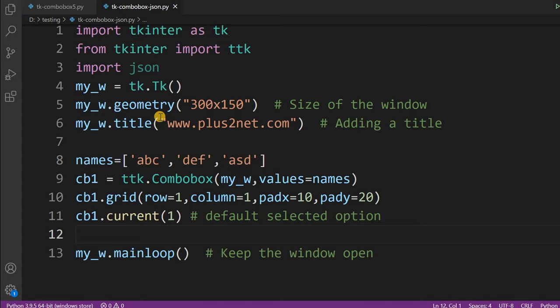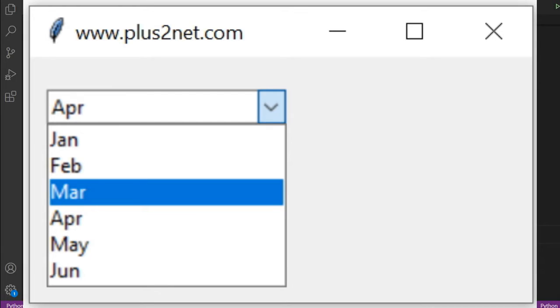Hi friends, in part 1 of this tutorial we have seen how we managed one combo box, where we displayed it, added options, changed the values, then added the option, all those things. Now we'll see how from a JSON string we'll take the data and populate it as options. Similarly, then we'll extend it to a database, so we'll take it from a MySQL database.